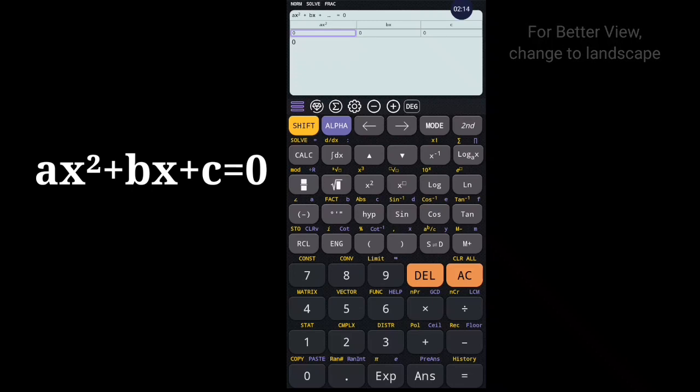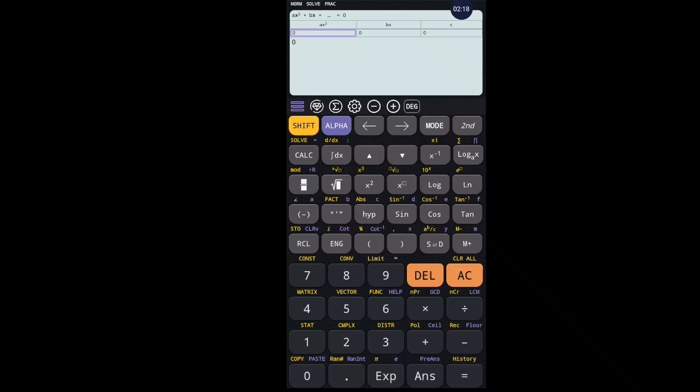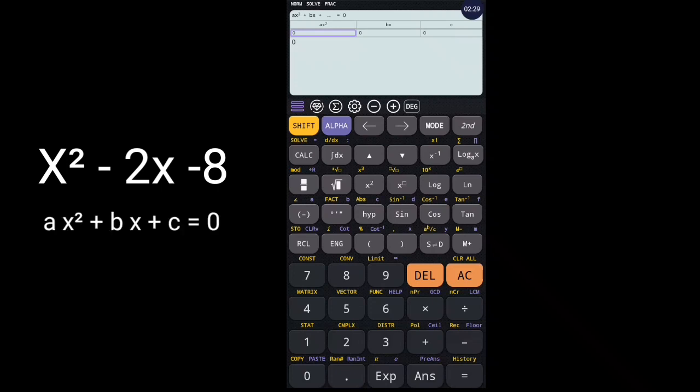So let's pick an equation we want to solve. The equation we want to solve here is x squared minus 2x minus 8 equal to 0. So make sure your equation is actually arranged properly in the form of a quadratic equation, ax squared plus bx plus c equal to 0. Coefficient of x squared is 1. We just press 1